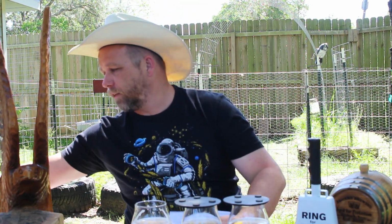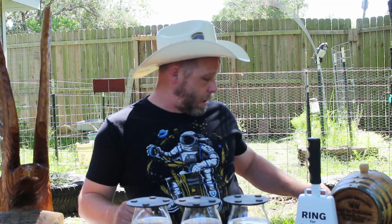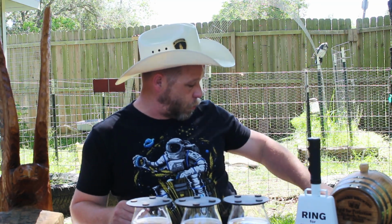So the oak definitely added another layer of complexity to it, and I don't pick up on that little hint of smoke in the base beer, which, I mean, I home roasted those oak chips to varying degrees of charredness, right? And so I couldn't really control that too well, because, you know, I was using one of those hand home torches. So let's see here with